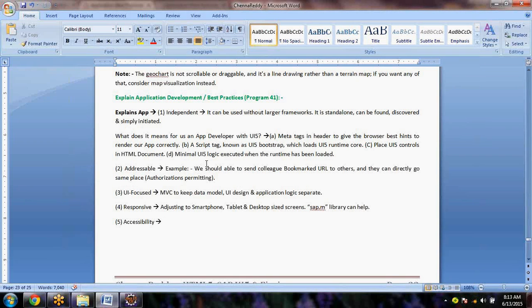So therefore, the meaning of accessibility in UI perspective, or let me put it in this way: SAP.m controls have keyboard handling support for free. So that means you need to handle the touch and the keyboard, both should be there. So that way it will be available. Accessibility, it can be accessible in all the places. Okay, then next one is